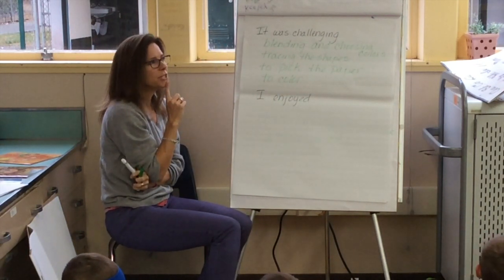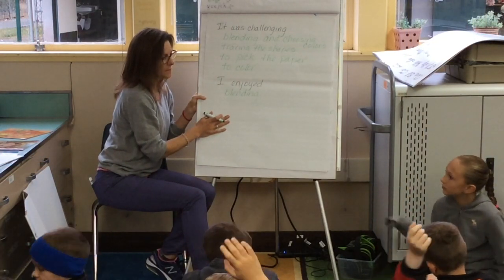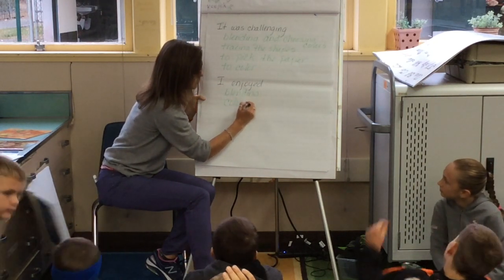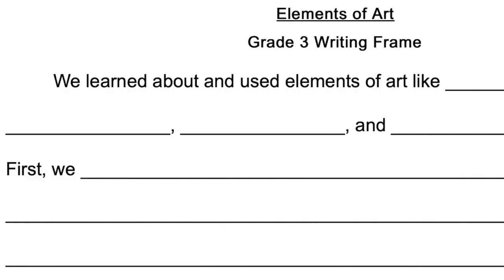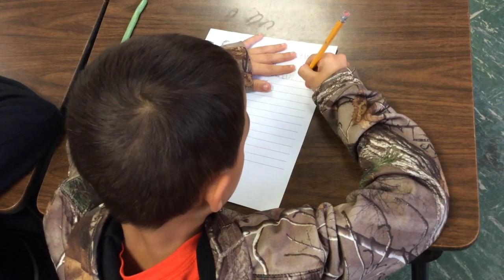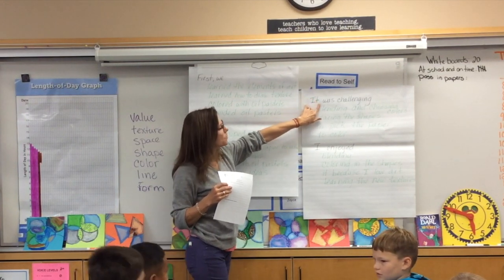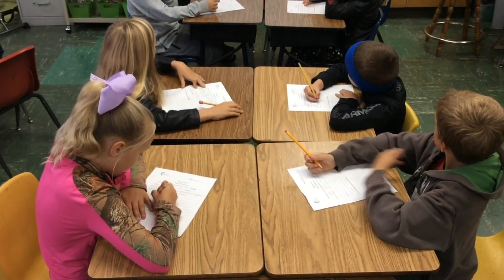Think in your head for a second, what did you enjoy about this work? Just like coloring it. I enjoyed coloring. Coloring in the shapes? Yeah. Okay, so you can choose any of these to write down on those lines. Let me see which elements of art you write down on the first space. You get to choose how you're going to complete those sentences. And this one, you get to choose one. You can either do, it was challenging, or I enjoyed. You don't have to do both, but you can if you want to. Okay? Go ahead and get started. First, what did we do